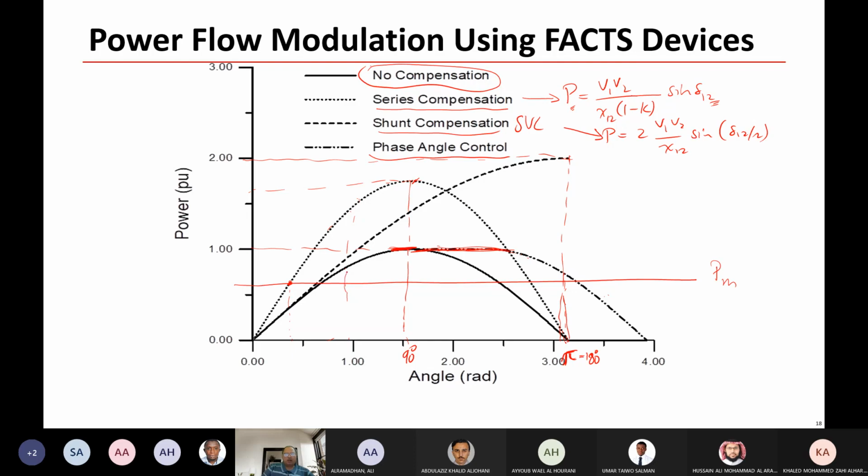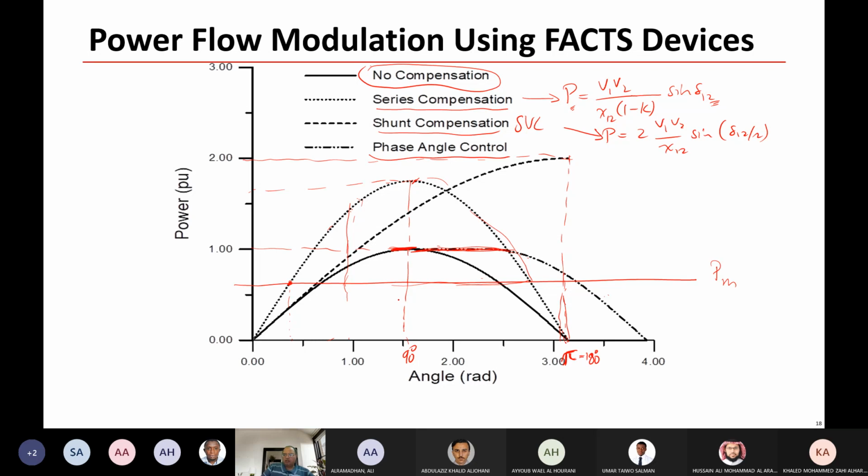All this area is a deceleration area compared to this area only. So the stability margin is